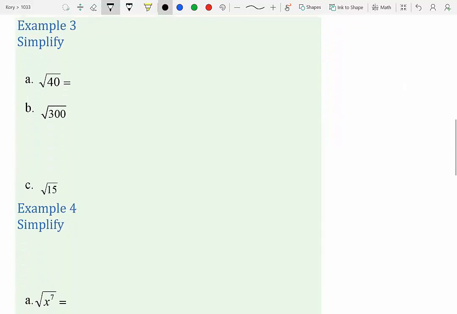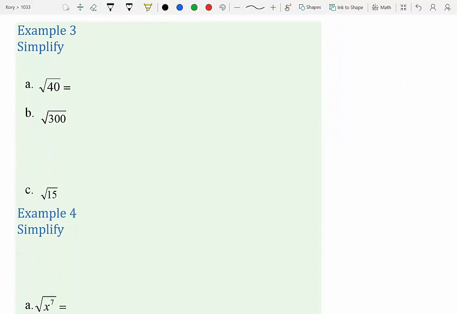Alright, we're going to practice a little more with special types of simplifying. So we already know the square root of 40 is the square root of 4 times 10, which is 2 times the square root of 10. Alright, well, what about 300? 300 might be a little harder, so let's list the factors of 300. We have 1 times 300,